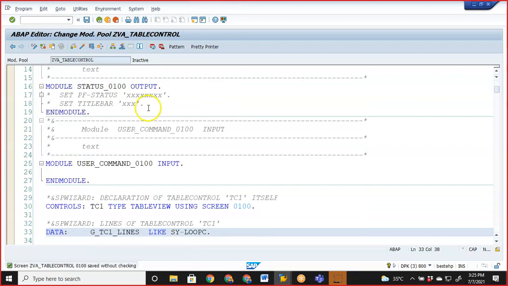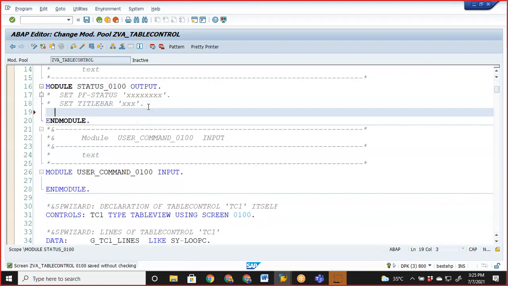So here I'll go for this output. In the output I'll just give this select star from ZVA underscore cust into table IT underscore C.